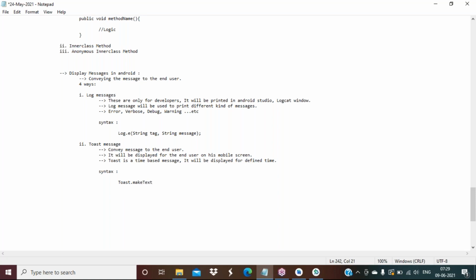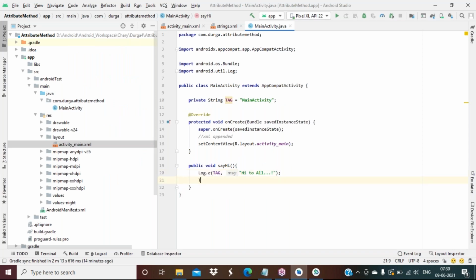These things you need to remember. Here it will ask for the first parameter as context. I will let you know what context is. Comma, then your message in string format, and then you need to pass the duration. Three parameters, then .show. This is the syntax: Toast.makeText(context, message, duration).show(). Remember this same thing I am writing here. Let me write Toast.